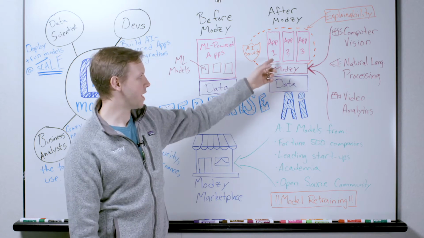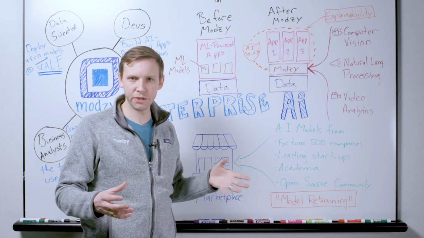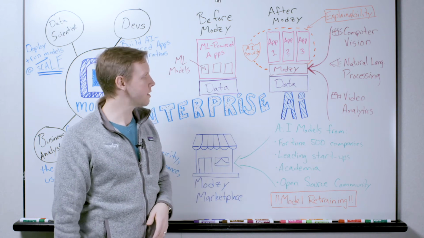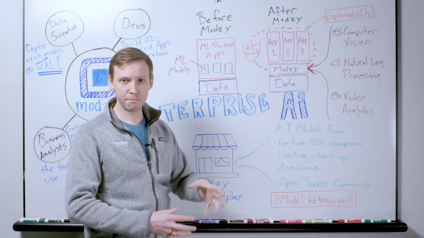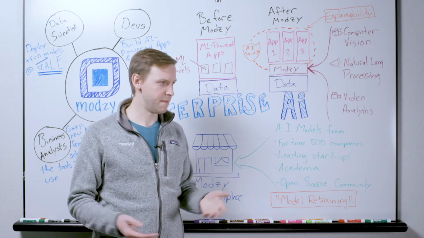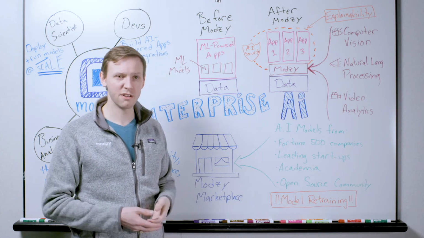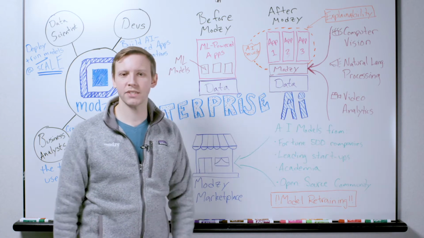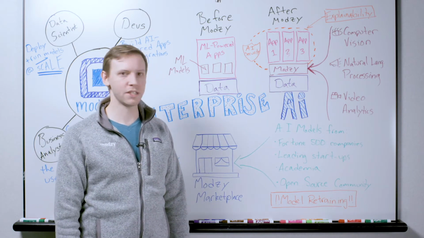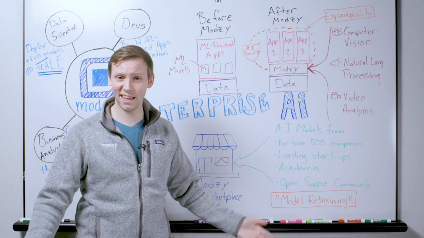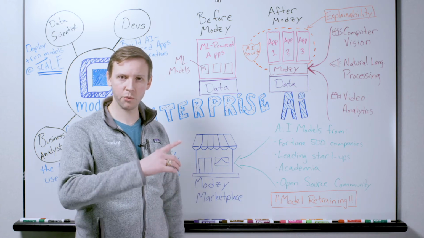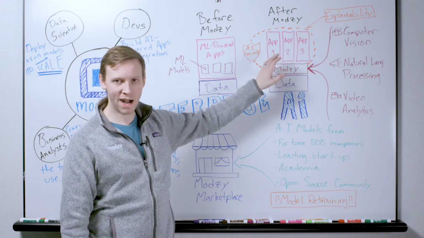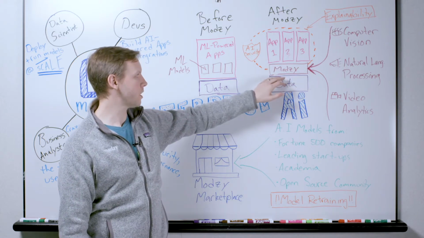On top of this Modzy platform, then you can build as many applications as you want, all using the same models. So one application could be a custom app you built in-house to do a really specific financial transaction or process. Another application could be a piece of commercial software that you're using, maybe a SharePoint connection or a ServiceNow integration. The third could be some sort of data processing pipeline. You might have a sensor out in the field somewhere, maybe a satellite collecting imagery, and you want to be able to run AI algorithms on all of that incoming data. That's all possible through the Modzy platform.